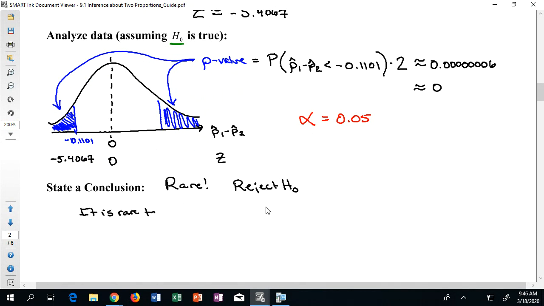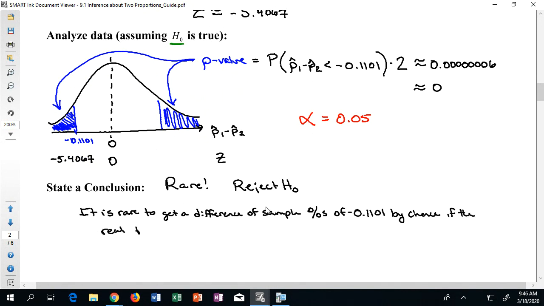It is rare to get a difference of sample percentages of negative 0.1101 by chance if the real difference is 0. That's exactly what we saw. It was weird to get our blue value, assuming that the real difference was 0. So we can then conclude, therefore,